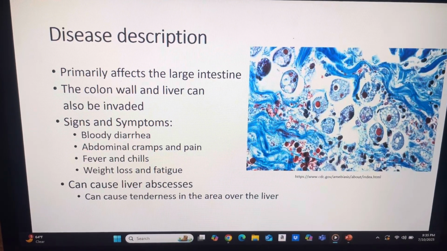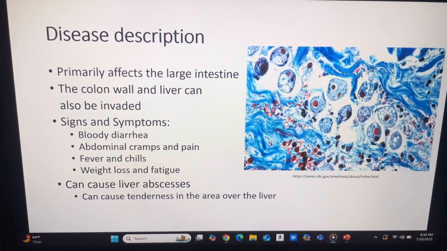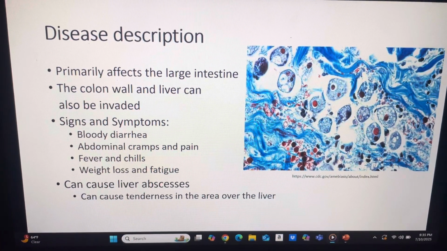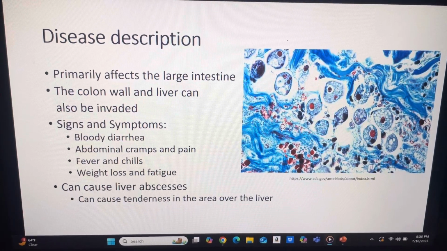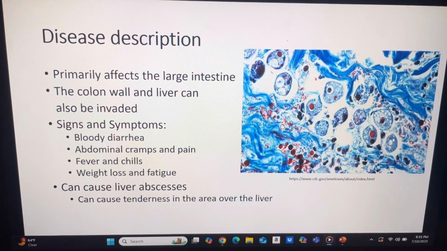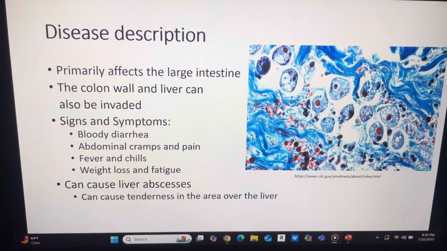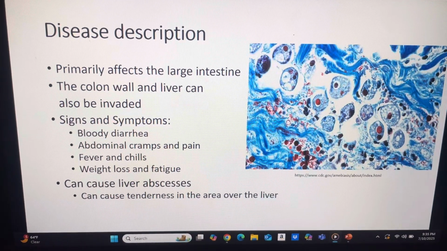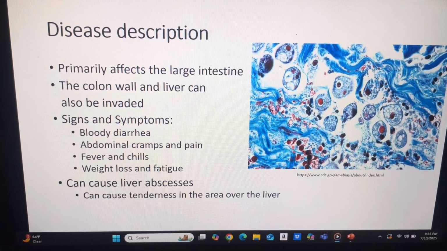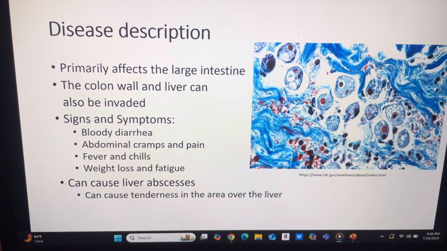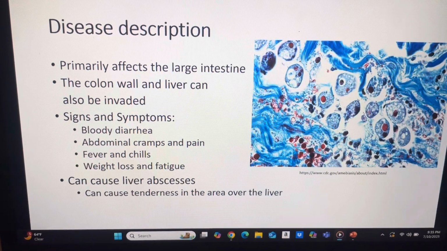Description. In this picture here, from the CDC website, this is amoebiasis caused by the parasite Entamoeba histolytica, and this is seen in a magnified image. And then it primarily affects the large intestine. The colon wall and liver can also be infected. But once it affects the intestine, it can invade the colon wall in some cases, causing colitis, acute dysentery, or